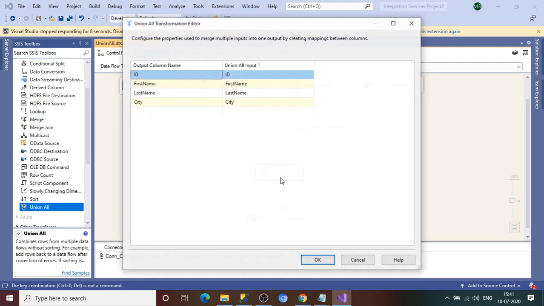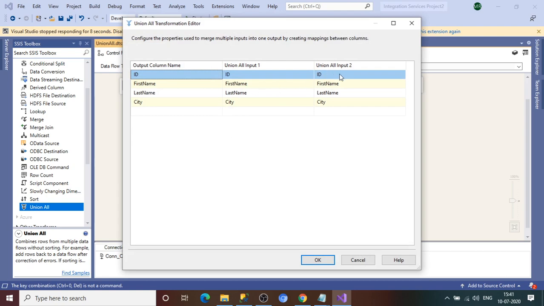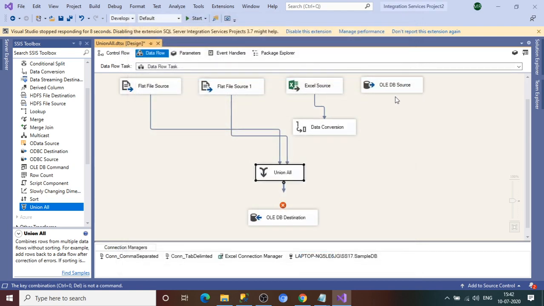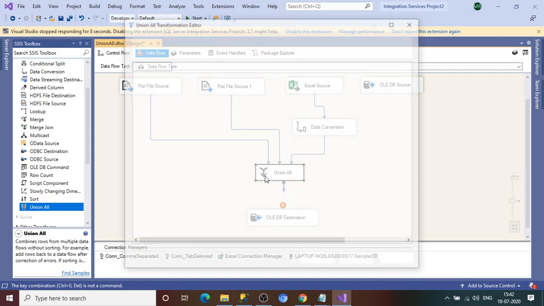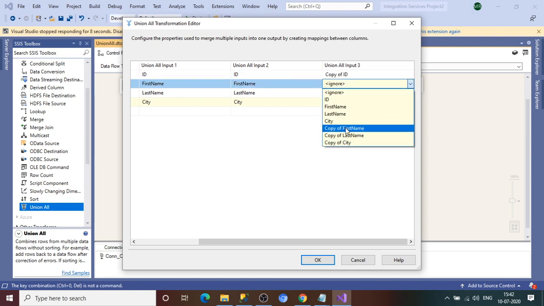If I connect here, you see union all input 1 has been connected. Now if I connect this second one, I'll get union all input 2, which is already mapped. Then when I connect the third one and open it, because we have multiple columns here, we need to rename and map: copy of id and first name.